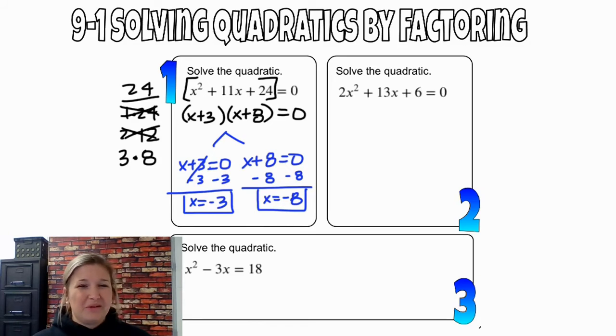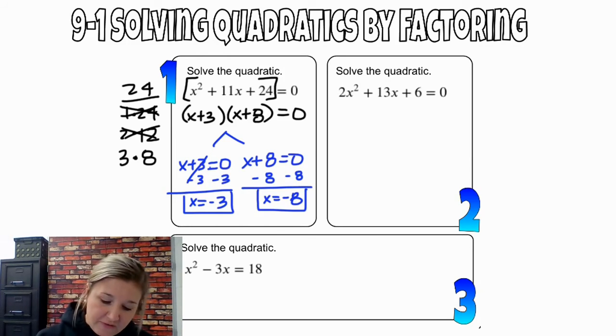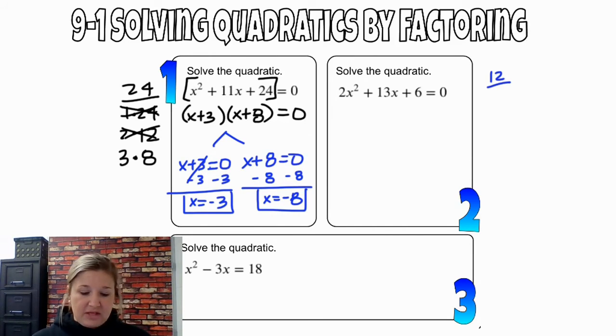All right, so this one's a little bit more challenging because I have a number in front of x squared. I know, bummer. So what I'm going to do is find factors of 12, because I get 2 times 6. It's not just the last number anymore because I have a number in front of x squared. So I'm going to find factors of 12